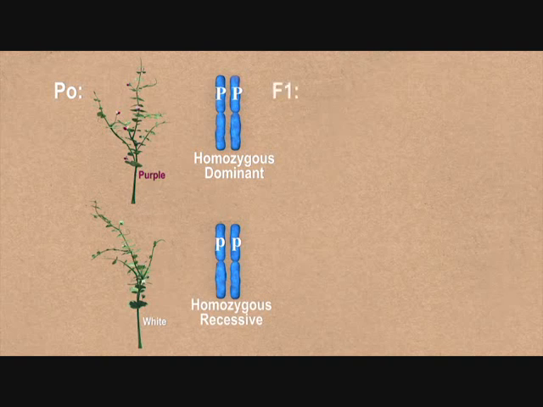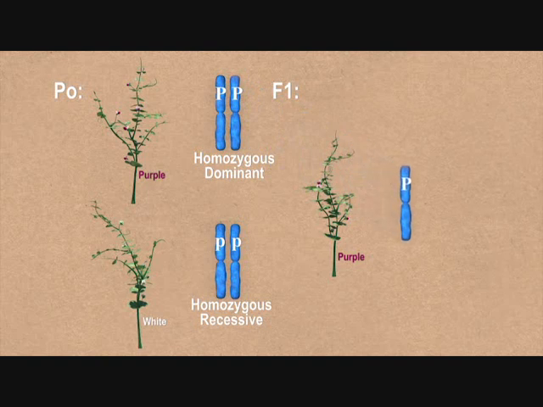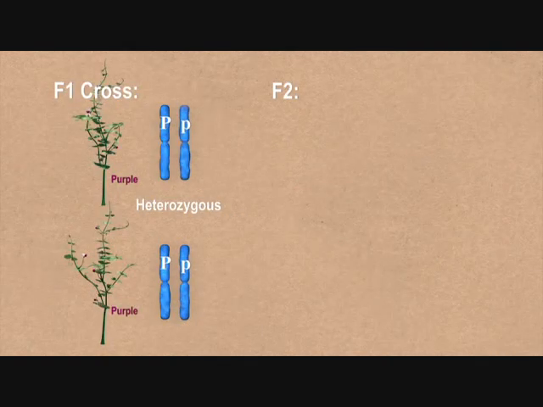The F1 receives 1 allele or gene copy on a chromosome from each parent. This combination of 1 dominant and 1 recessive in the F1 progeny is called heterozygous. The F1 heterozygotes in this cross will appear dominant because they received 1 dominant allele from the homozygous dominant parent. In the F1 cross, both parents are heterozygous, so progeny have the possibility to be homozygous dominant,